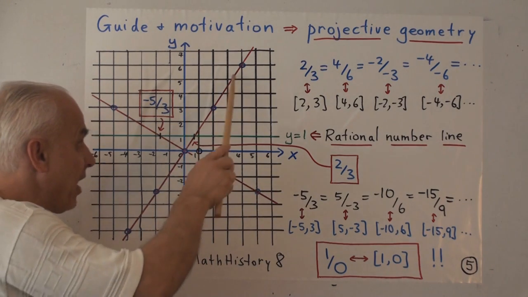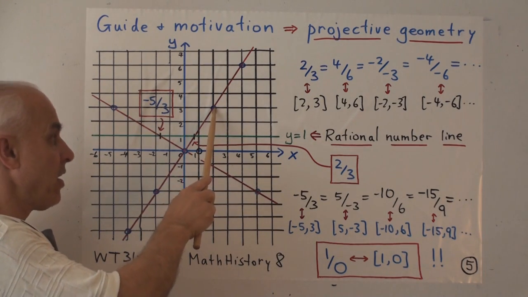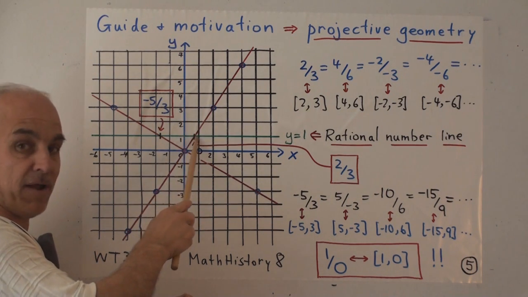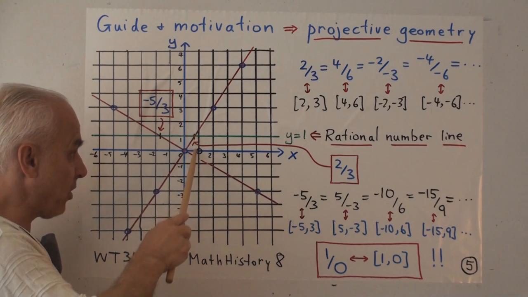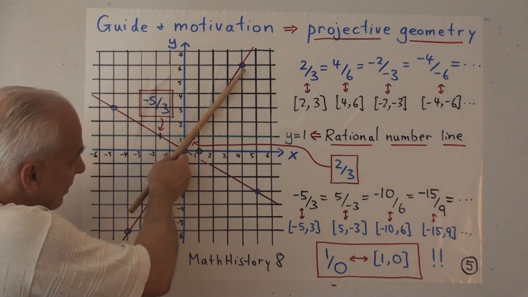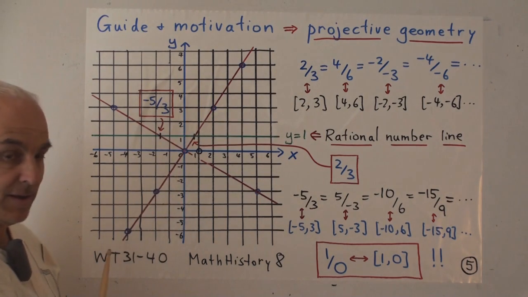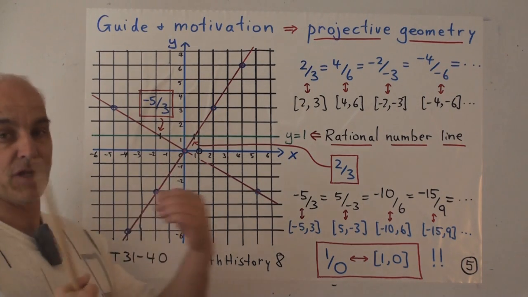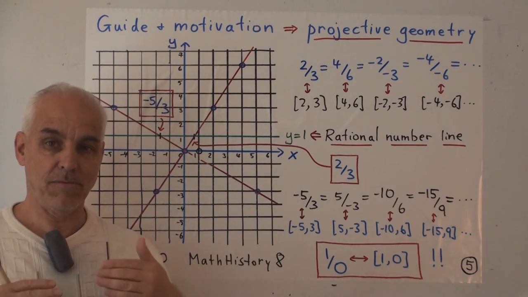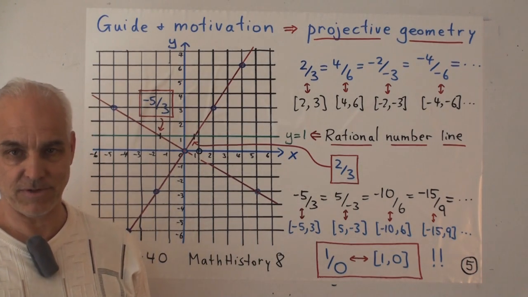So you've multiplied a point, say that one there, so that its y-coordinate is 1. In this case, you would have had to divide it by 3. And that means that its x-coordinate is now 2/3. So this point right here, where this line meets the y equals 1 line, is the point that you might usually call 2/3 in a sort of primary school look at the rational numbers.